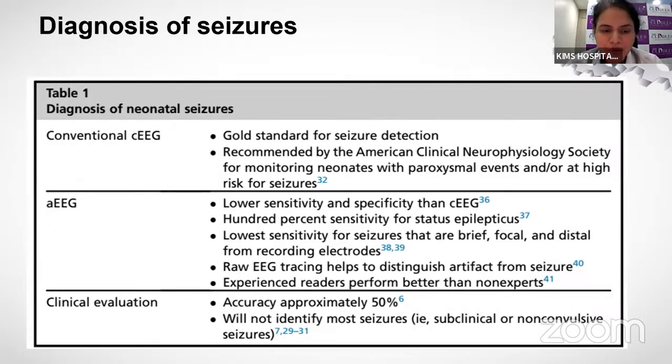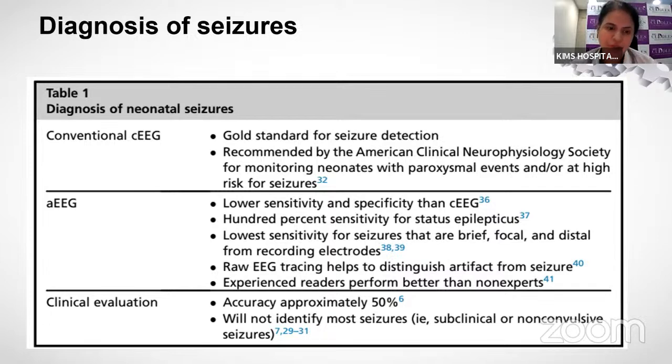So in addition to the clinical clues, one has to understand that with the best of clinical examination, the clinical identification of seizures itself has only an accuracy of around 50%. So the utility of a conventional EEG as a gold standard for the identification of seizures has now been backed by a lot of professional bodies. The American Clinical Neurophysiology Society strongly suggests a conventional EEG, if possible video electroencephalogram, for diagnosing paroxysmal events which are at high risk for seizures, as a gold standard for